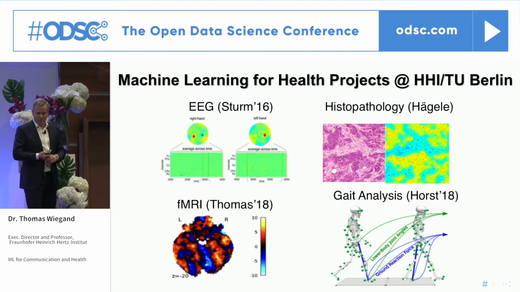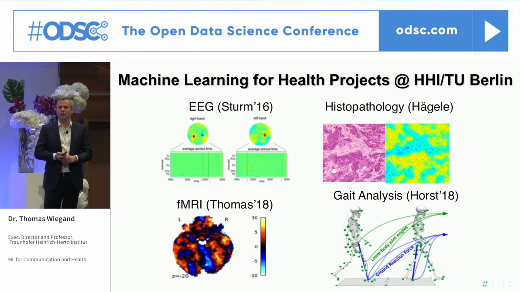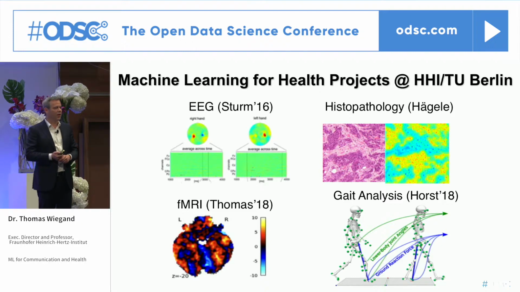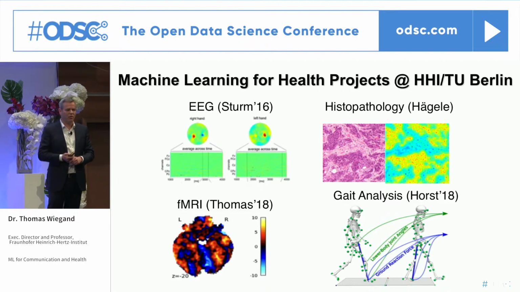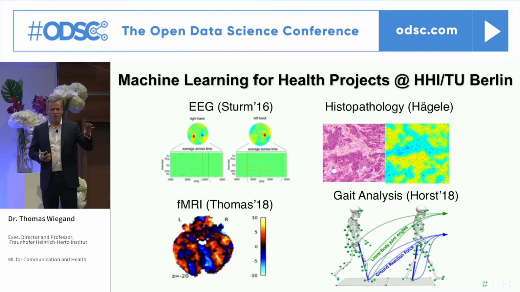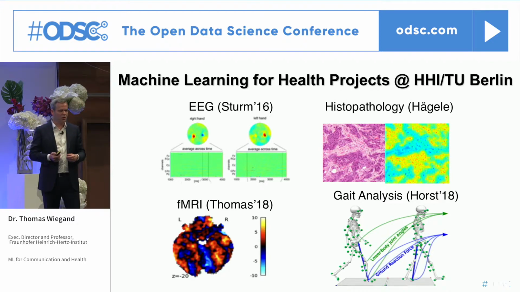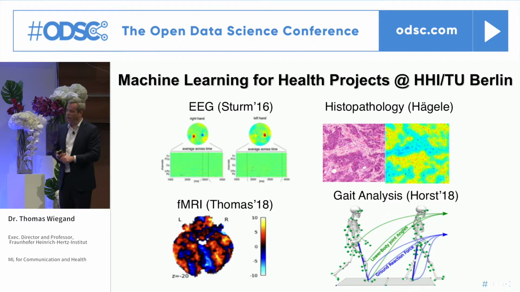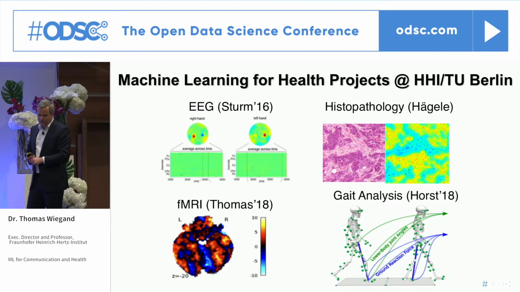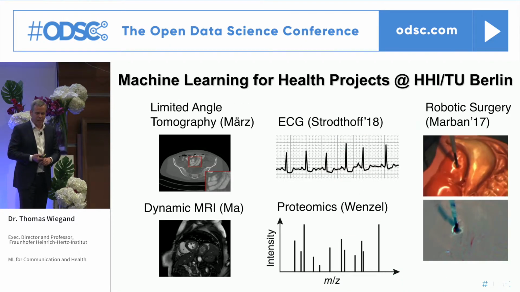We have actually done quite a few projects, and my colleague Wojciech Samek should be somewhere in this room. He'll talk about them, and in particular, he'll talk about explainable machine learning later. So we worked on EEG, I told you earlier, but not only for visual perception, but also for health issues. We worked on fMRI, histopathology. We did gait analysis, limited angle tomography, dynamic MRI,